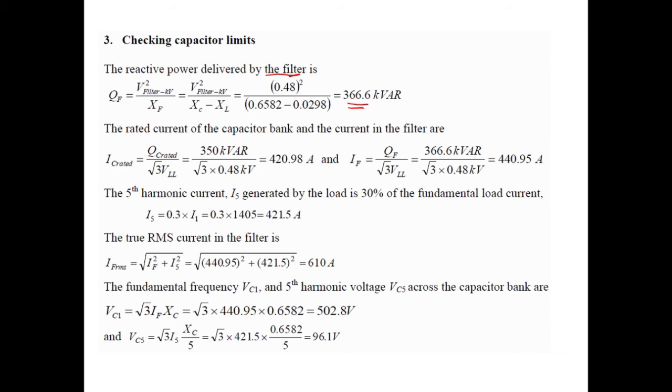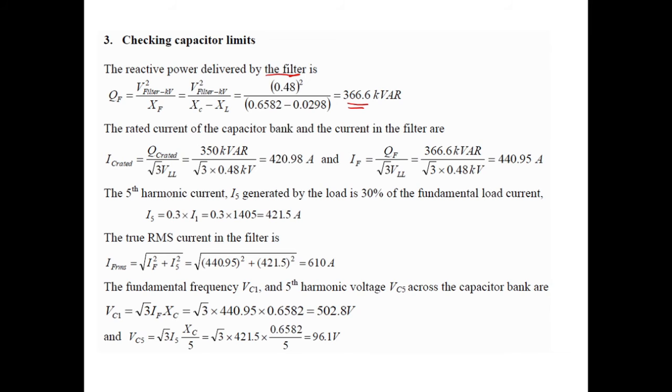Okay, so to check whether the capacitor can handle it or will be in line with the standard, again we need to find the root mean square value for the current, and the root mean square value for the voltage, for both the fundamental and for the